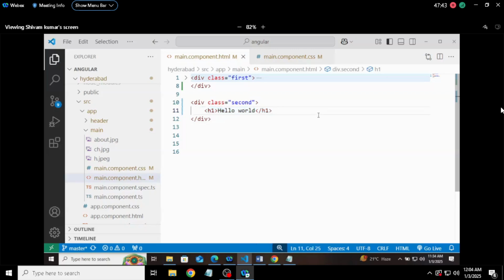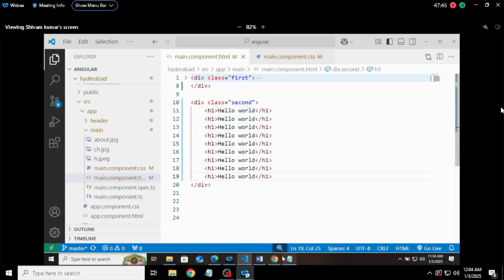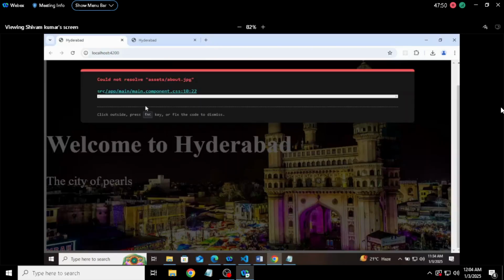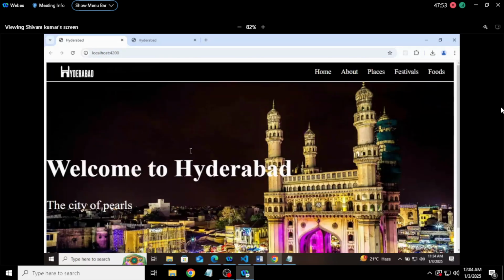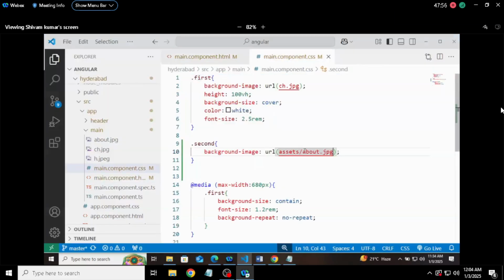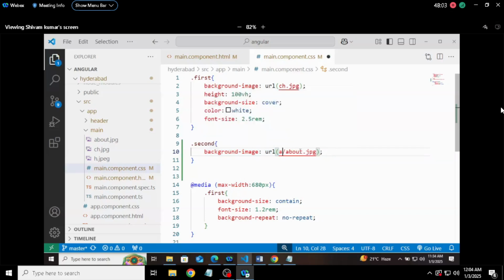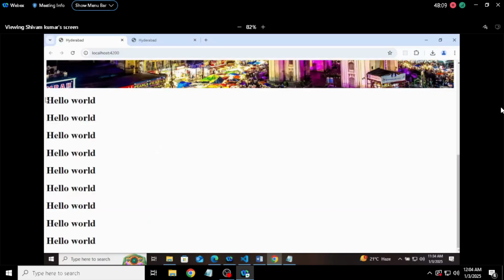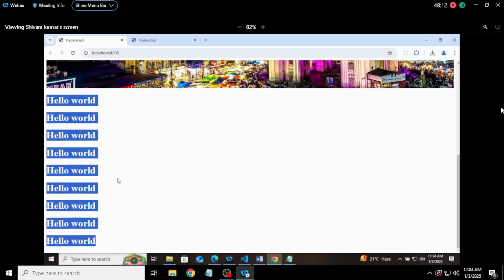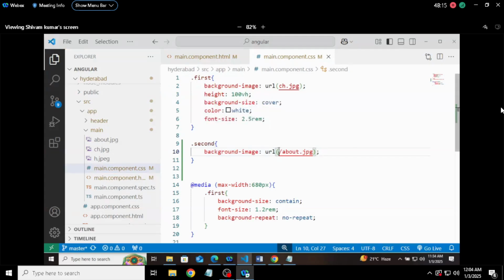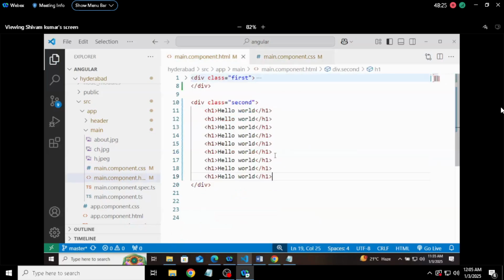Because a div is just a container, the background will not be visible otherwise, right? So it's not available. Wherever you write the direct value, it says it cannot find it. If you directly write slash about.jpg, I am trying to show you all the ways, it doesn't provide any error, but the picture is not coming. Now try to give the exact path, src slash assets slash about.jpg. In HTML you can directly write assets slash picture name, but when you write it in CSS,